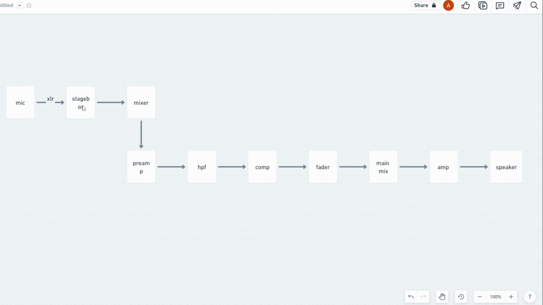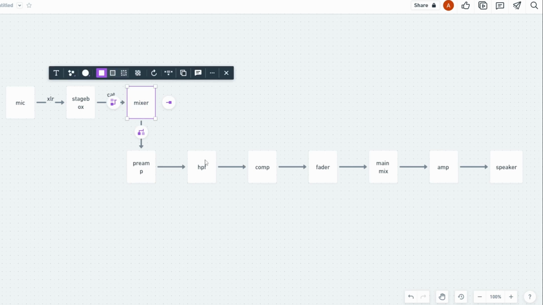Is this a digital stage box? Is it analog? We should write down and find out. If it's analog, we know that it'll also be XLR. But if it's digital, we might want to write that it's a cat cable that we need to connect this up to our mixer. What I've done here is I've moved a row down the way because I know that